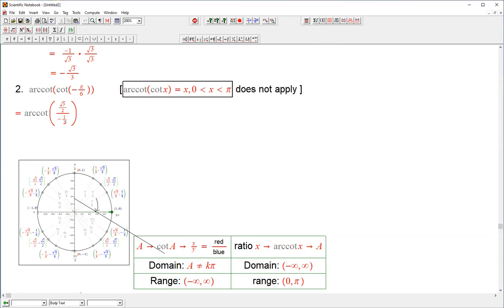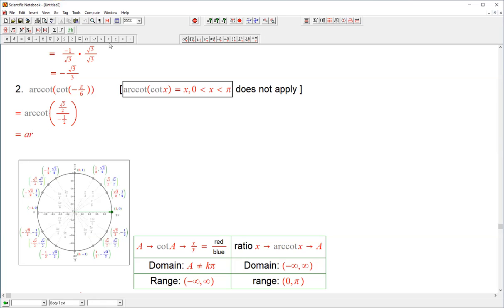Negative half. Okay, and then you simplify the same way. You multiply, and you can simplify this on the side on your scratch paper. But here I'm going to write it down: arc cotangent